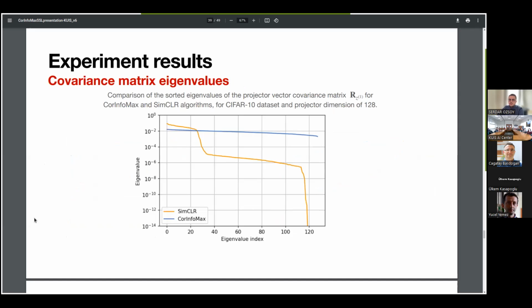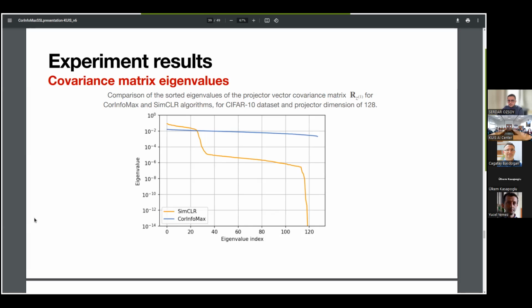Another interesting experiment that we did is we also wanted to see whether we are achieving what we wanted to do, which is that we wanted the model to use the entire output space, to avoid both dimensional and total collapse. The way that we did this is we compared with SimPLR in this scenario.